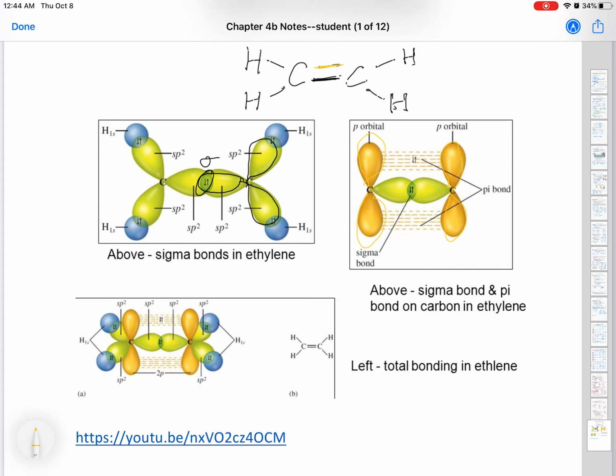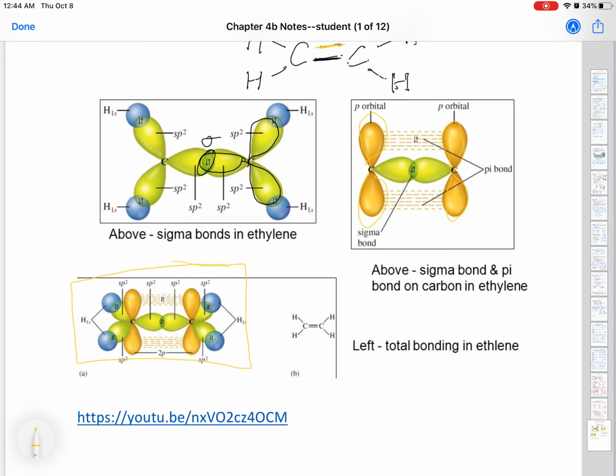So the pi bond runs up, or north and south, I guess you can say. So it's a very complicated sort of geometry, kind of getting into quantum mechanics here. So we're not going to get into it that much, but just to give you a visual of what we're talking about with these sigma and pi bonds